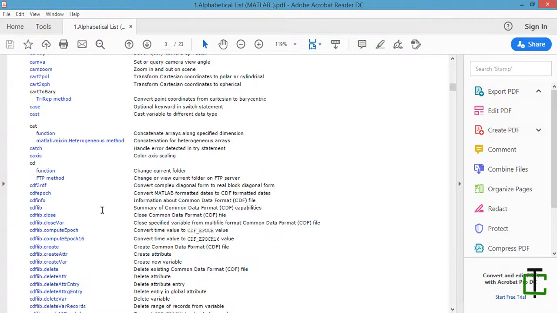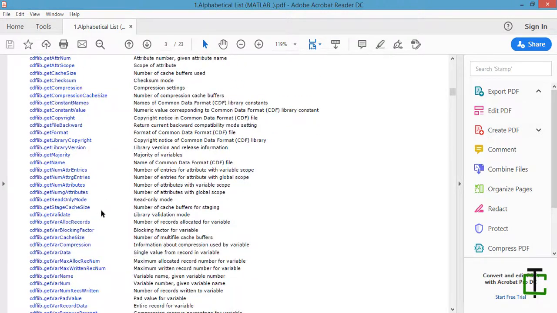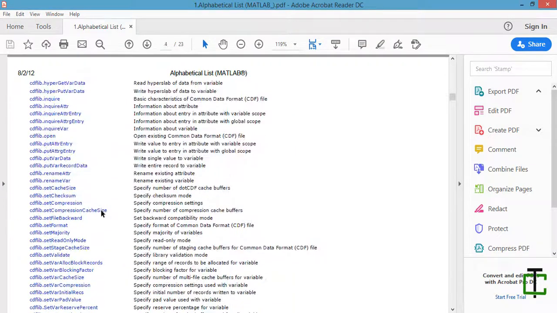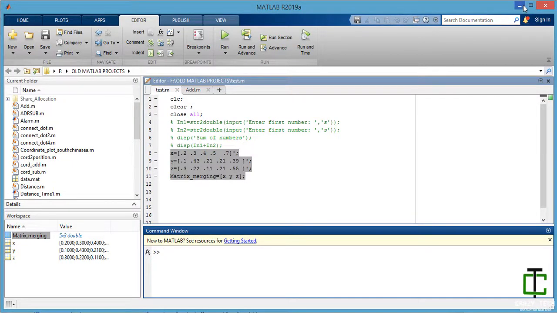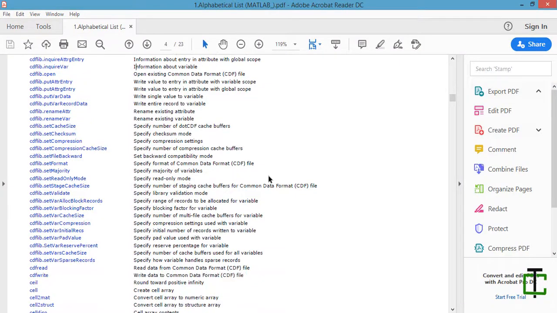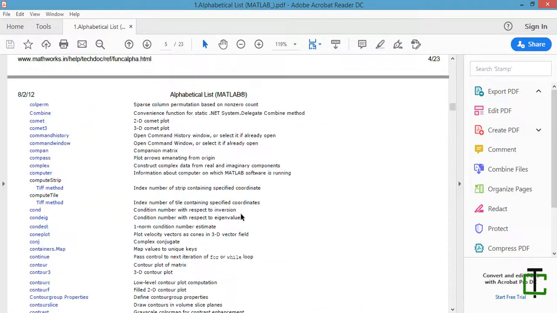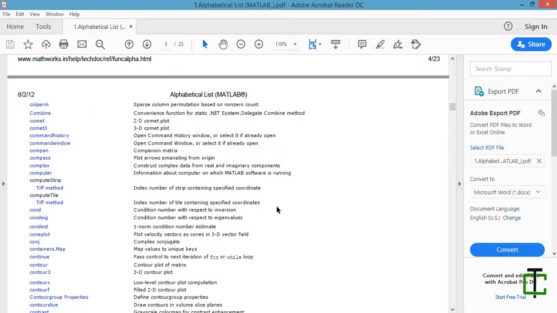There are lots of functions here, and for each function there is some basic information. For more information you may write here doc and the function name, and you will get your function description. This PDF is very useful, guys, believe me.